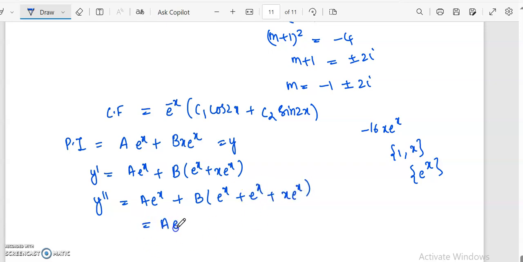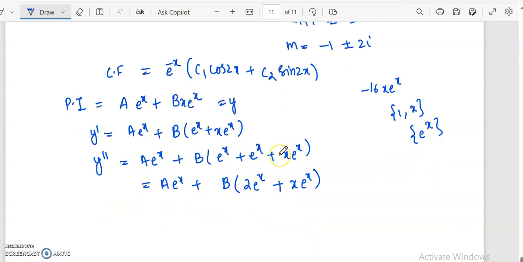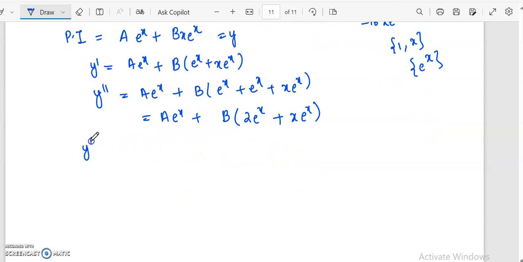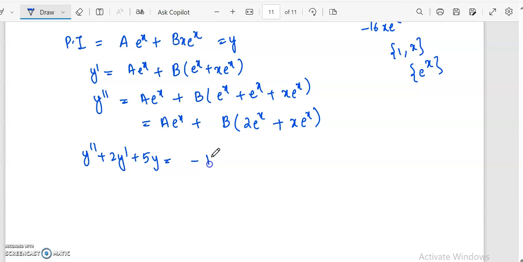So that will be a e raised to x plus b times 2 e raised to x plus x e raised to x. So upon substituting this into the equation, y double dash plus 2y dash plus 5y equal to minus 16 x e raised to x, we'll get